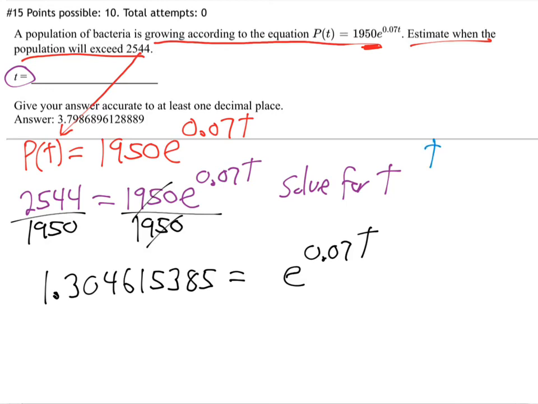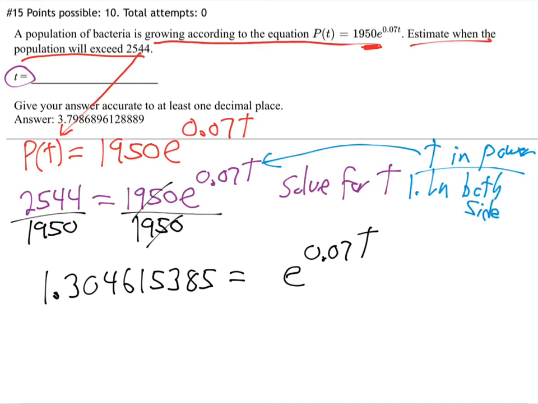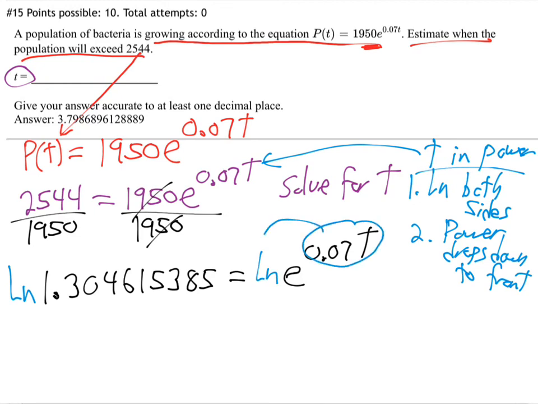Now, what are we going to do? What do you do when t is in the power? How do you solve for t in the power? You ln both sides, remember, and then step 2, the power drops down to the front. So you ln this side, ln that side. This whole power drops down to the front. So then we get ln of 1.30461538 equals